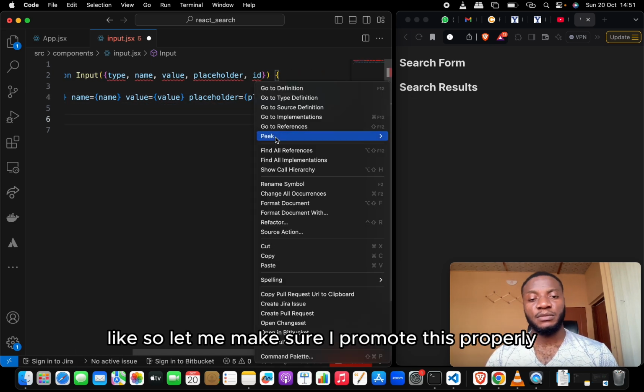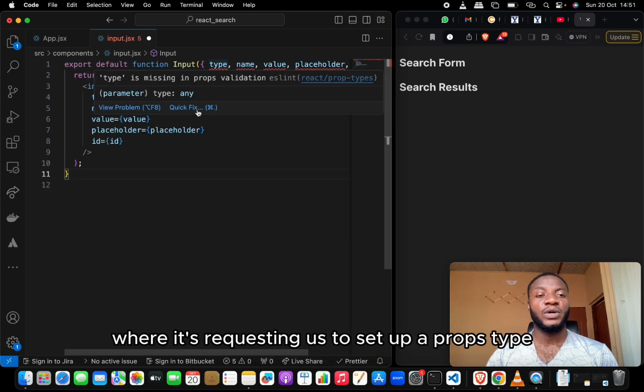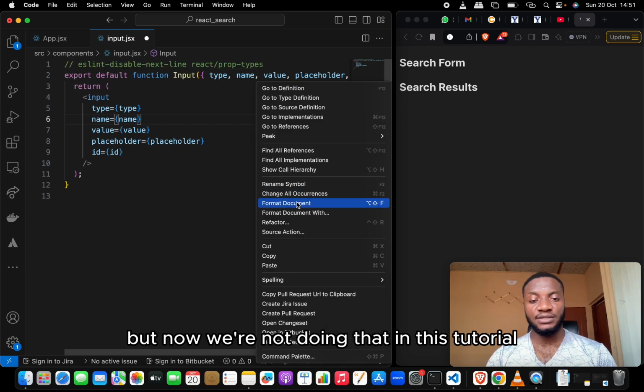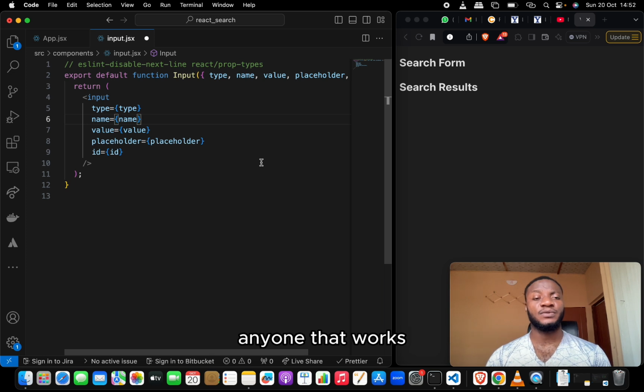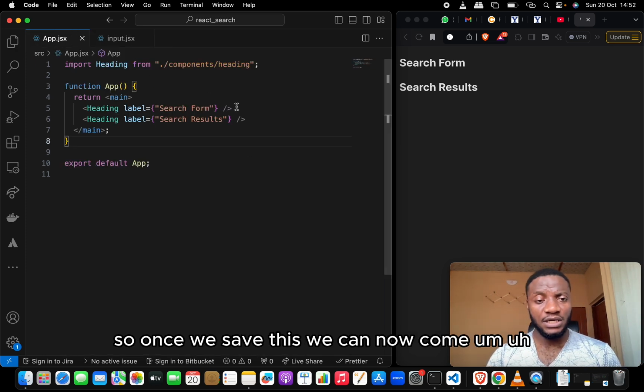Like so. Let me make sure I format this properly. Now we're still having the same problem where it's requesting us to set up a props type, but now we're not doing that in this tutorial, so we'll just disable it for that line or for the file, anyone that works. So once we save this, we can now come